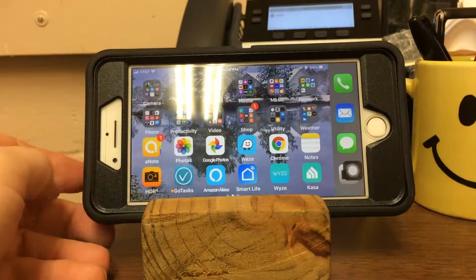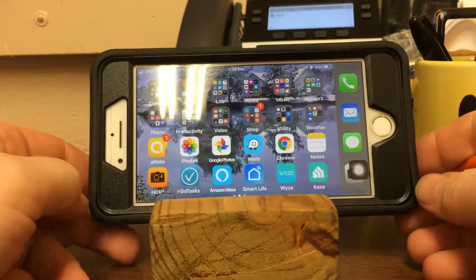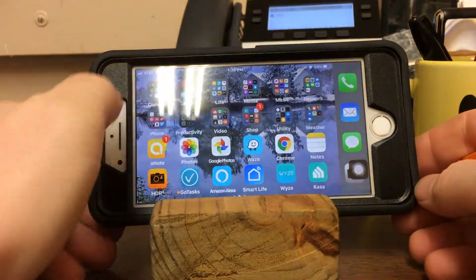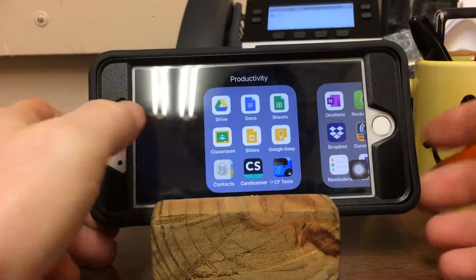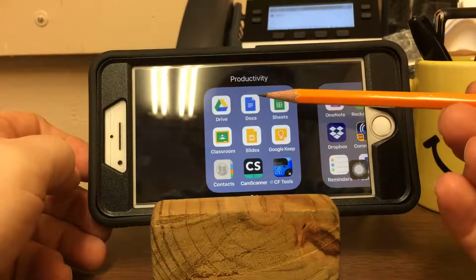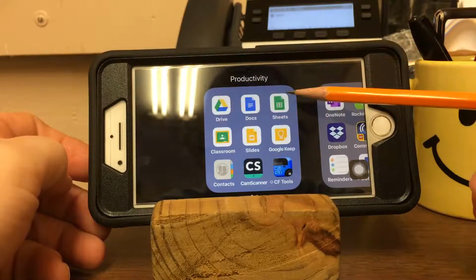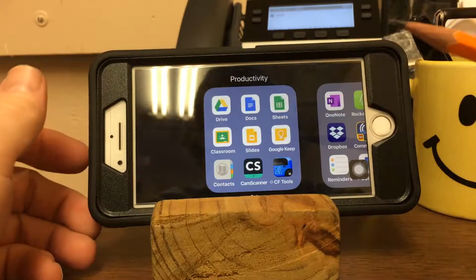Hi, this is George Loker, and today I'm going to show you how to use your smartphone to access your Google Classroom. You may need to download the application Classroom as well as Google Docs. You'll notice I've also downloaded a few extra Google products, Drive and Sheets and Slides, which you'll use during the